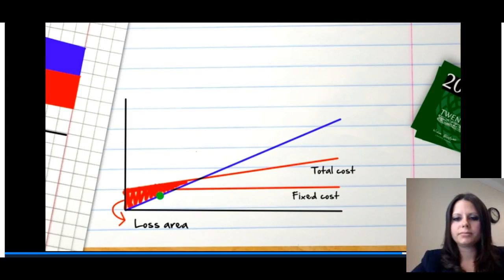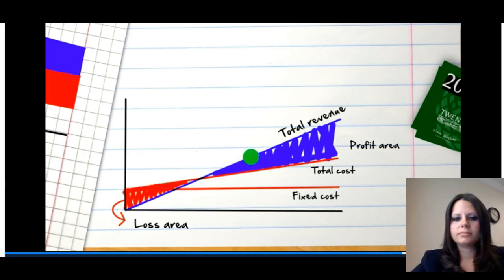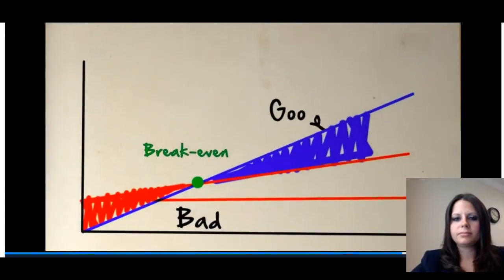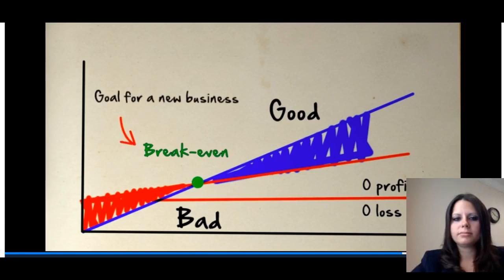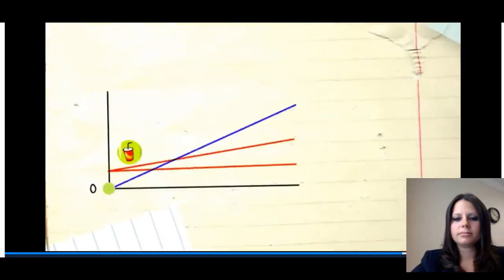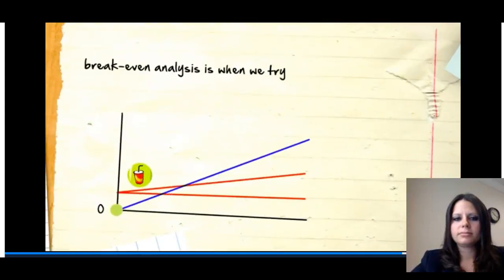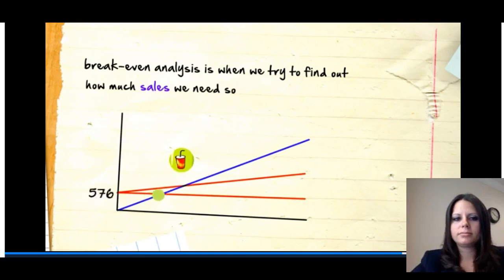When you're selling more than enough lemonades to earn more than enough money to pay for these short-term things, this extra earnings is called profit. So when you're at break-even point, you're not in a good situation, but you're also not in a bad situation. You have no profit, but also no loss. If you're still starting out in your business, you of course want to target reaching break-even point so that you don't lose money. Break-even analysis is when we try to find out how much sales we need so that your